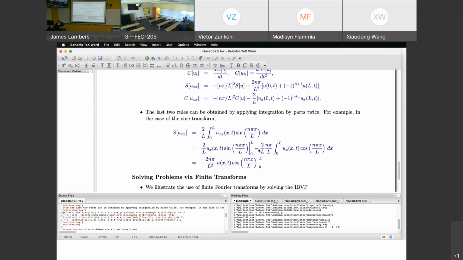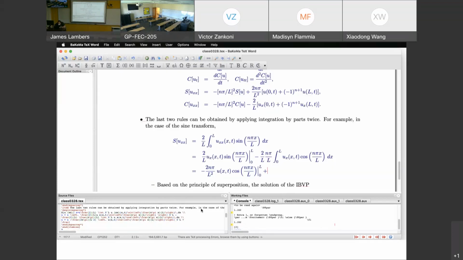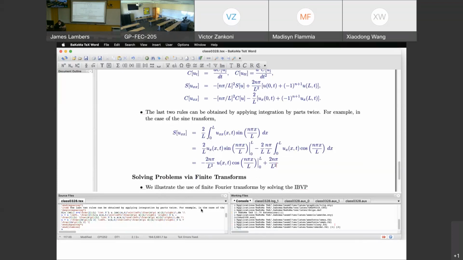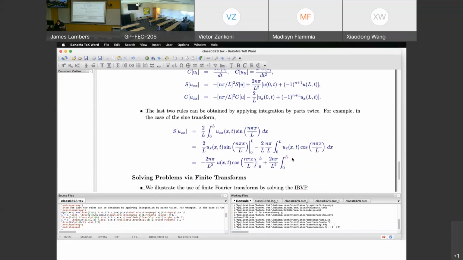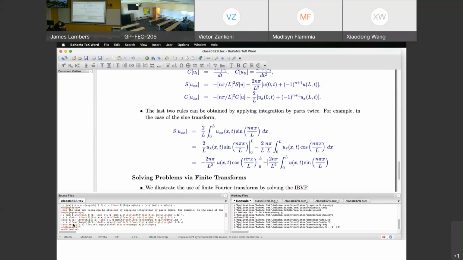And then I have still the integral of v du, a minus, but then that's going to give me a plus, 2n pi over L squared, integral of v du. So the v part is going to be u of x,t. And then I'm going to have the derivative of this. So the derivative of cosine will be minus sine. So that's going to give me a sine here. And then I have to multiply by n pi over L. And then I'm going to have a minus. So now I'm going to have minus n pi over L, so I'm going to have n squared pi squared